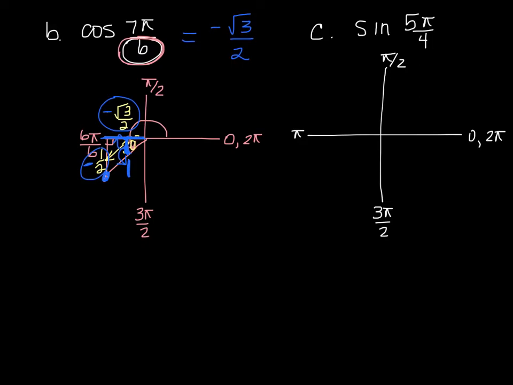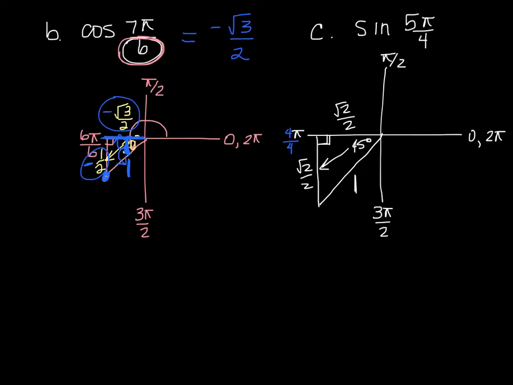So again, if I want to think of my pi in terms of fourths, that's 4 fourths. And so I can think of 5 fourths as being 1/4 more than that. And so 1/4 more than that is 45 degrees, because remember the fourths are the 45 degrees. So opposite my 45 degrees, again I have my hypotenuse of 1, is a rad 2 over 2. And the nice thing about the 45-45-90 right triangles is that you're not going to get the legs wrong, hopefully, because they're both the same.